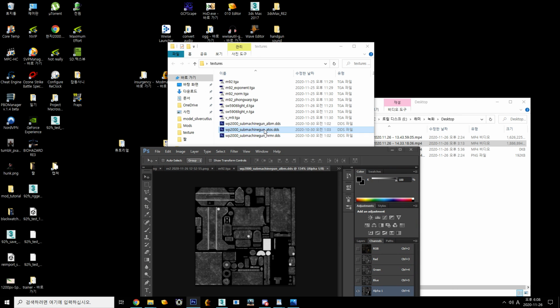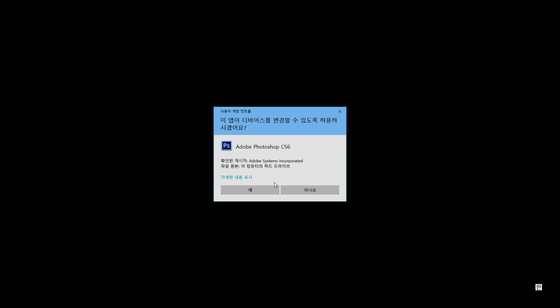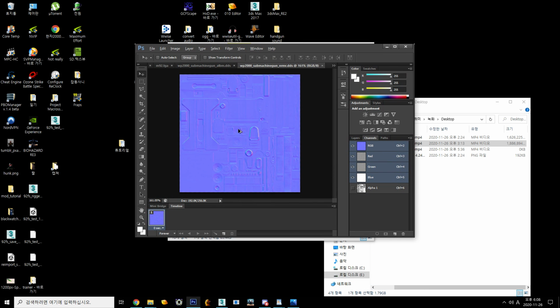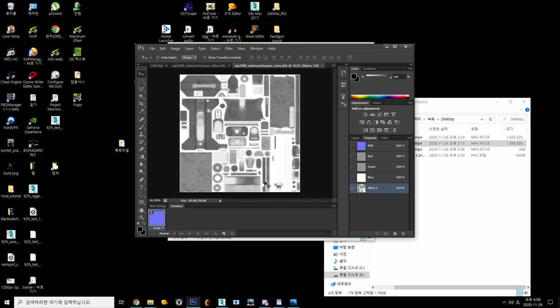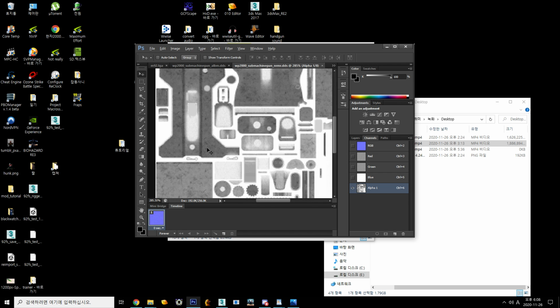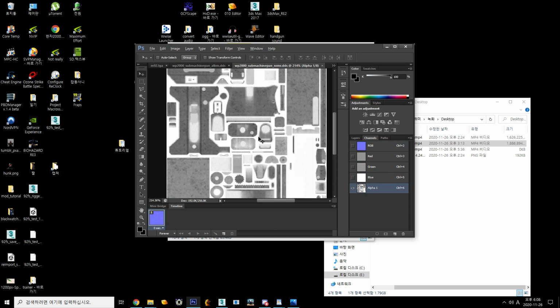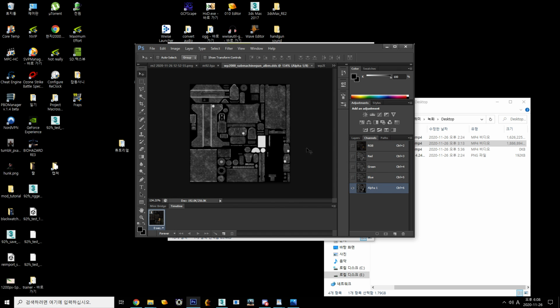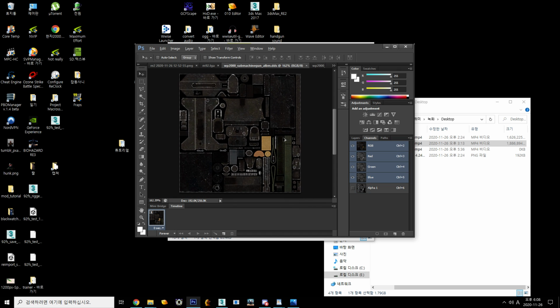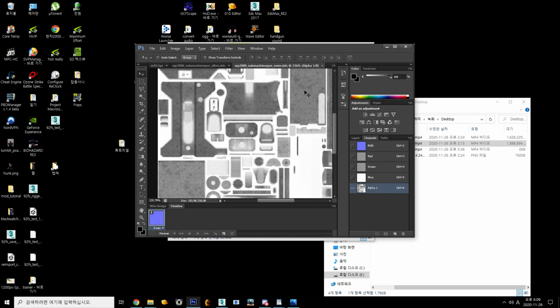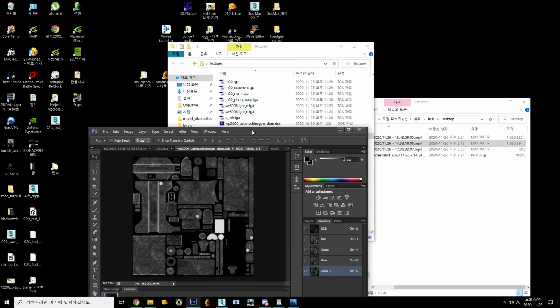Let's go with NRMR. This is a normal map that has a roughness surface as an alpha channel. Normals, roughness. Albedo, metallic map. So it's pretty simple. ATOS,